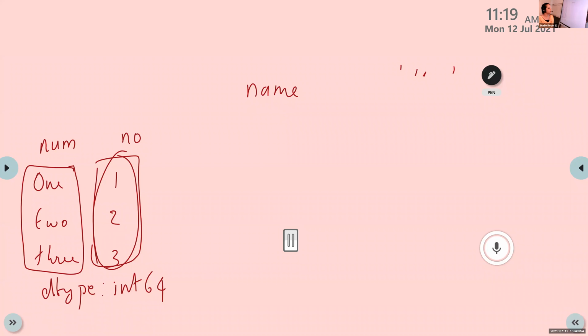Create a series using dictionary, and name the series. Key as month, values as days.